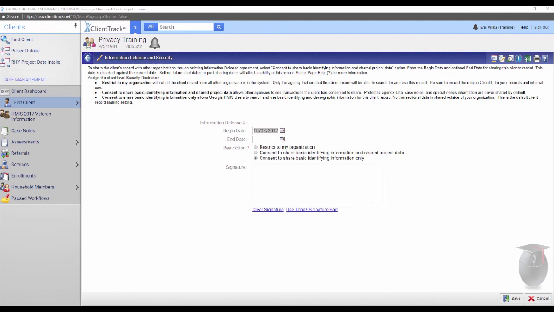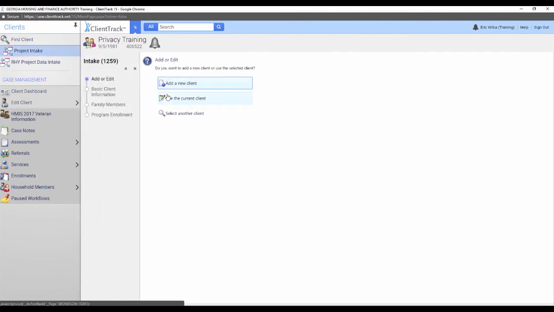Now there's a level of restriction that's for new clients only. So when they first come see your agency, they've never been seen before, and they say absolutely zero sharing. They don't even want anyone else to be able to search for them. For that, when you do a project intake, you always want to choose add new client. And that means that you're going to be getting a client record that no one else is using, no one else has seen. And then once you've gone through the intake workflow for that,